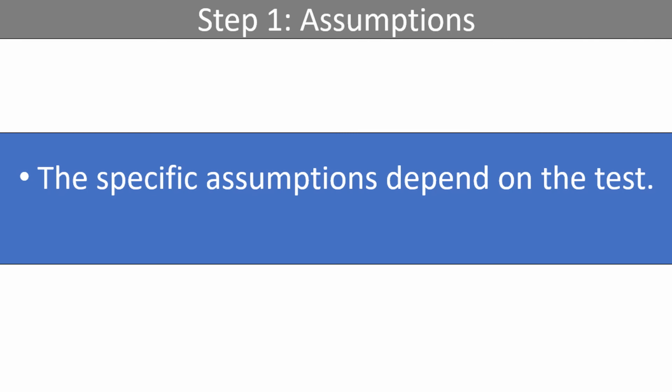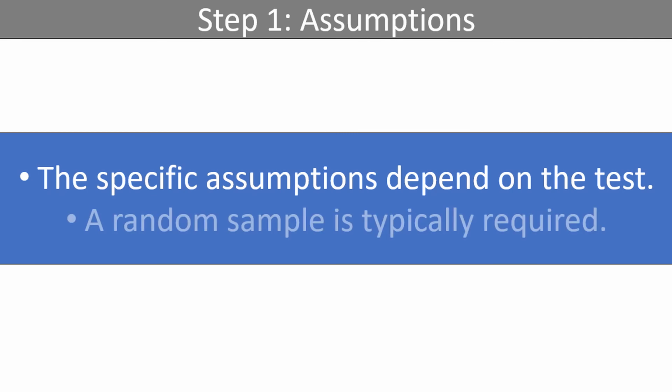Okay, now that we have covered p-values, we are ready to summarize the 5 steps of any hypothesis test. Keep in mind that different instructors might include different things in the 5 steps, so make sure to use the steps covered in your class. For us, step 1 is to check our assumptions or conditions. The exact assumptions or conditions will depend on the test, but typically include at the very least a random sample for use in gathering the data.